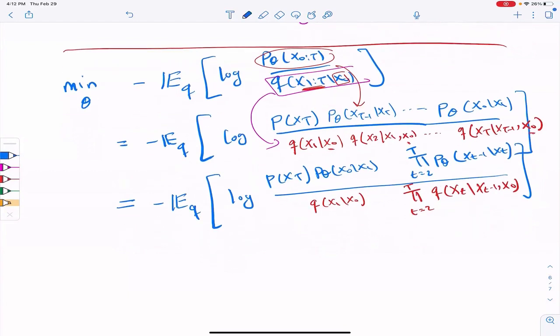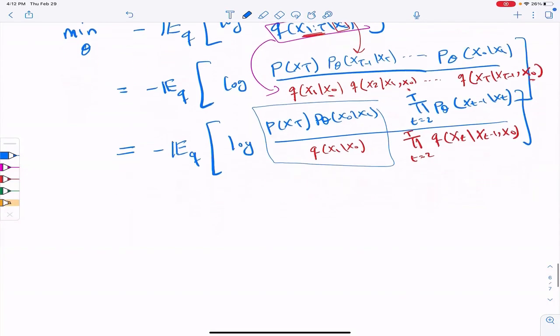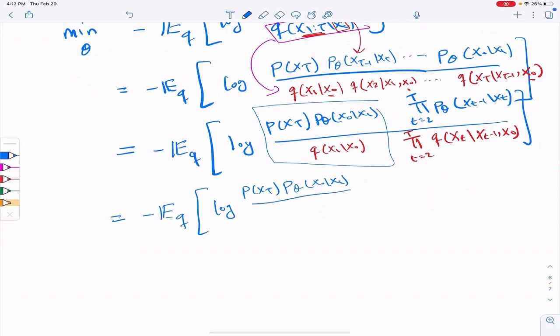So log, when applied to the product, I can break it down. I'm going to consider this as one term, and the second part as another term. So I can write the whole thing as minus expectation over Q of log of P theta x0 given x1, Q x1 given x0,